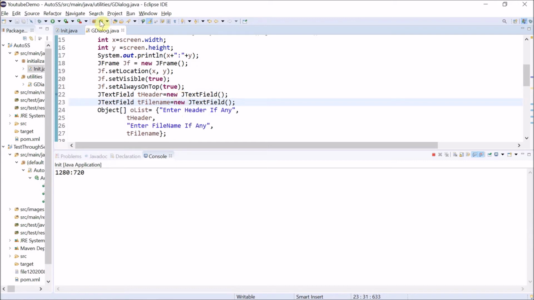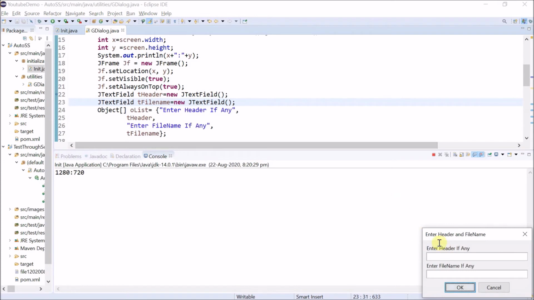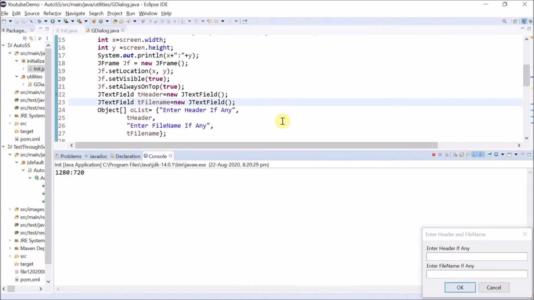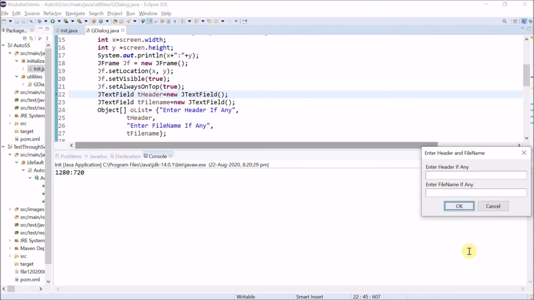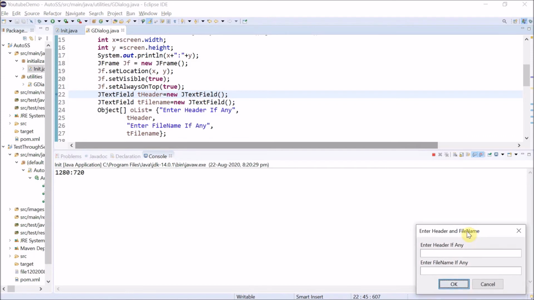Now let us run this one and we'll see what is happening right now. You can see here this pop-up, this dialog box is here, and if I click on the Eclipse here, still the pop-up is right there. It is not going to the background. So there is no need of an extra step where you need to do an alt tab to take the screenshot. In case we need to do some action at this place, like some functionality you need to test and you want to take a screenshot, that time we can drag and drop this pop-up somewhere else. You can perform all your actions here, then click OK, and every time this pop-up will come at exactly the same location only. So this will definitely help us to save some amount of time.